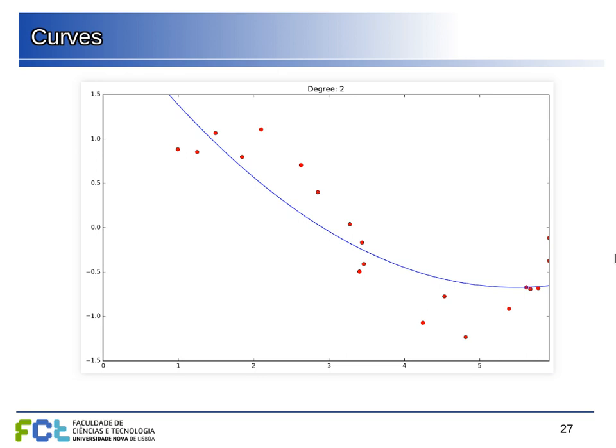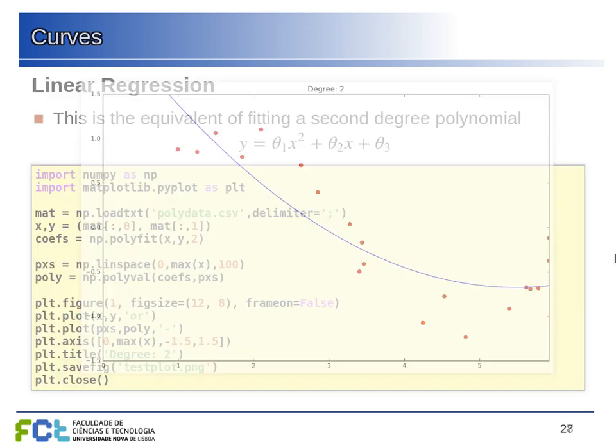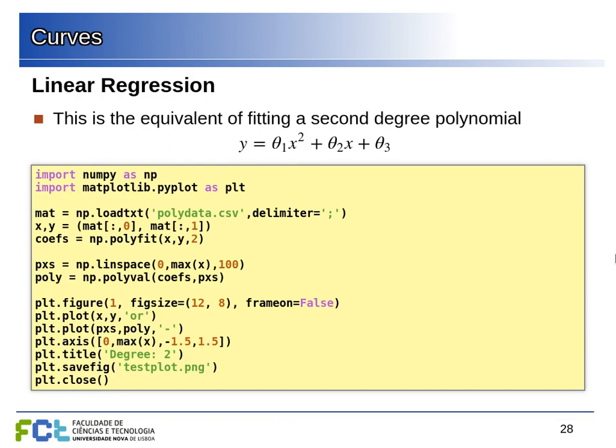To plot the data, I can do this. I will plot the x and y values with circles. This is the O there, and red is the color. So you can look up this notation easily on Google, but you can do this plot. This is just to set the size of the axis, the title, and then to save the plot to a figure, so I can put it here on the slide. Okay. So basically, this is the general recipe if you want to look things up.